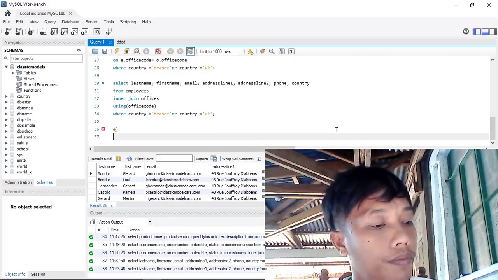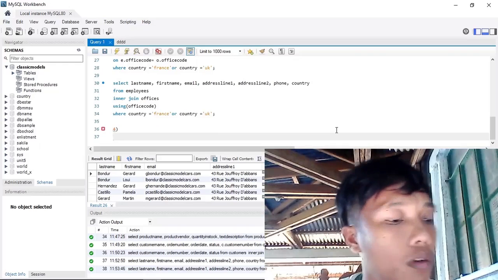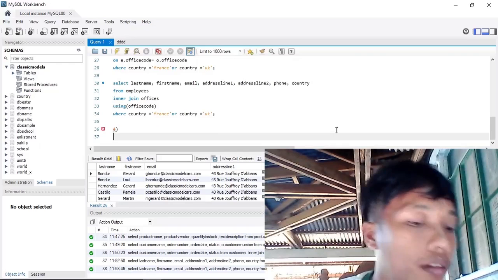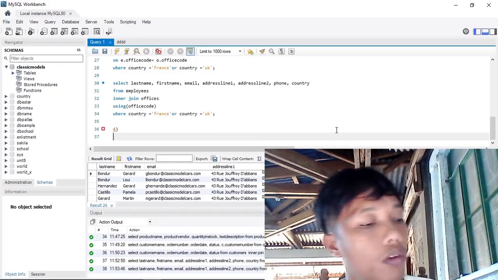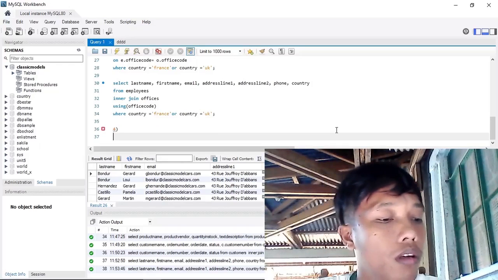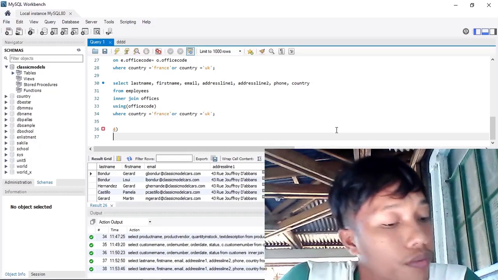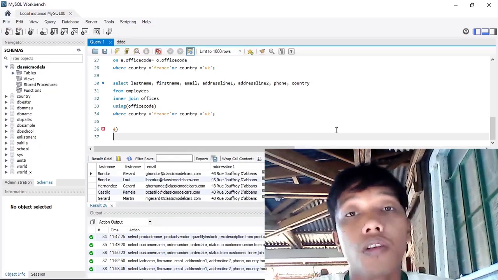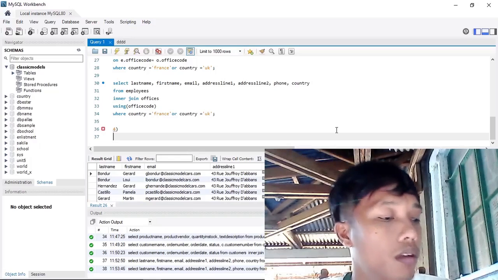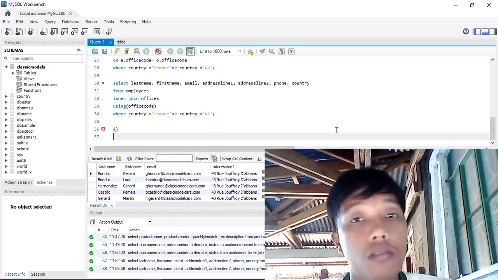Task 4 is to display the product name, quantity in stock, and text description of all products sold by the vendor Classic Metal Creations. Okay sir, combining two tables again, the products and product lines.